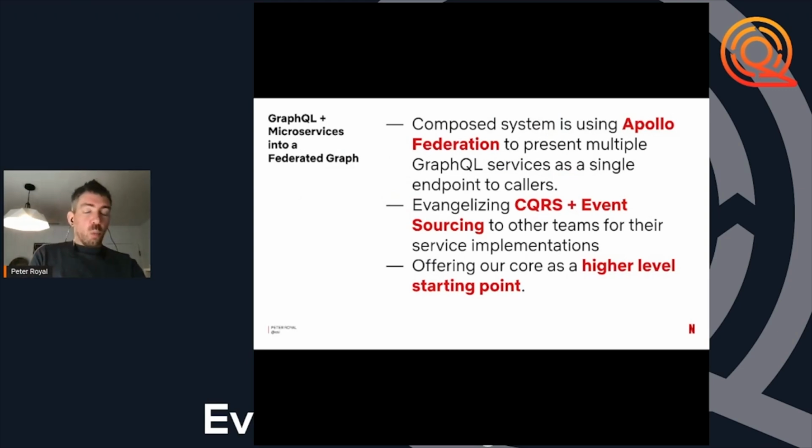One of the things that we're doing here at Netflix is we have a single federated graph. So the service that I have is part of a constellation of other services that make up the overall composed system that the business is using. There is a dedicated front end to my system that uses my mutations and changes the data that we own, but the read model is available to everybody.